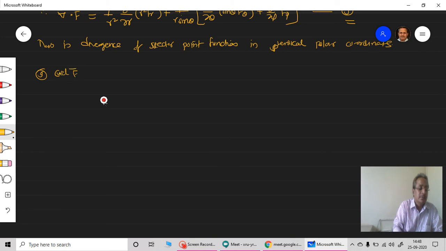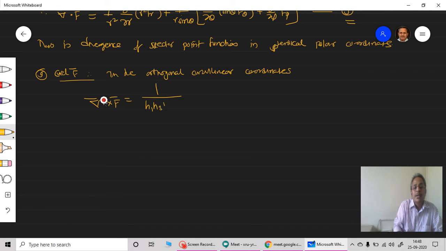Okay, we know that in the curl, in the orthogonal curvilinear coordinates, we have del cross f bar is equal to 1 upon the product of all these three scale factors h1, h2, h3, determinant, that is h1 e1 cap, h2 e2 cap, h3 e3 cap, then partial differentiation with first parameter,